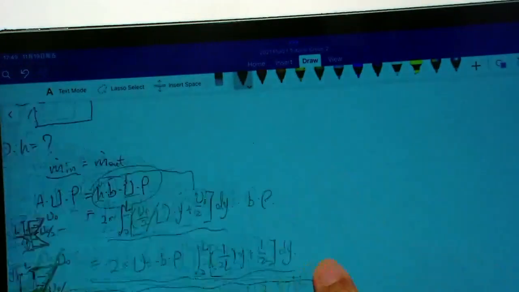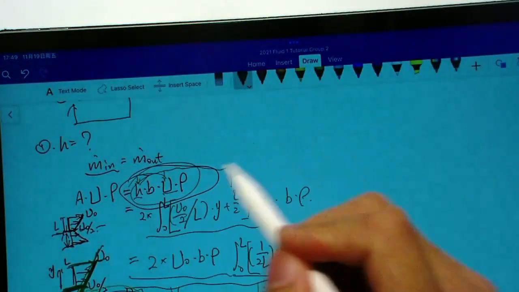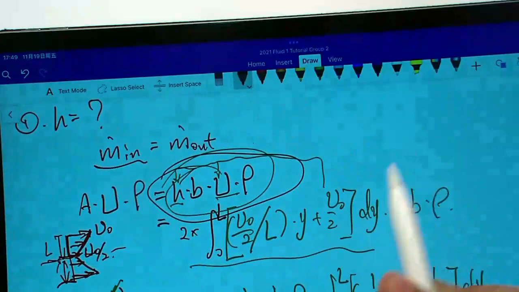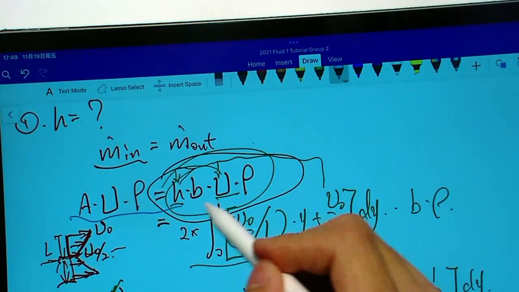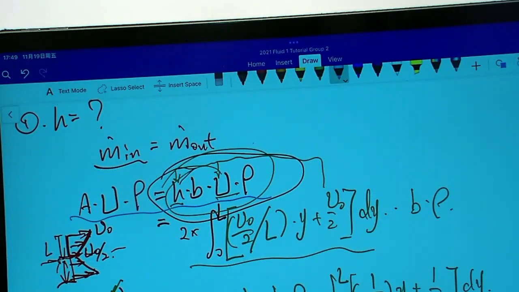So which one are you talking about? This one? Are you talking about this one? So H is actually. So what's this value